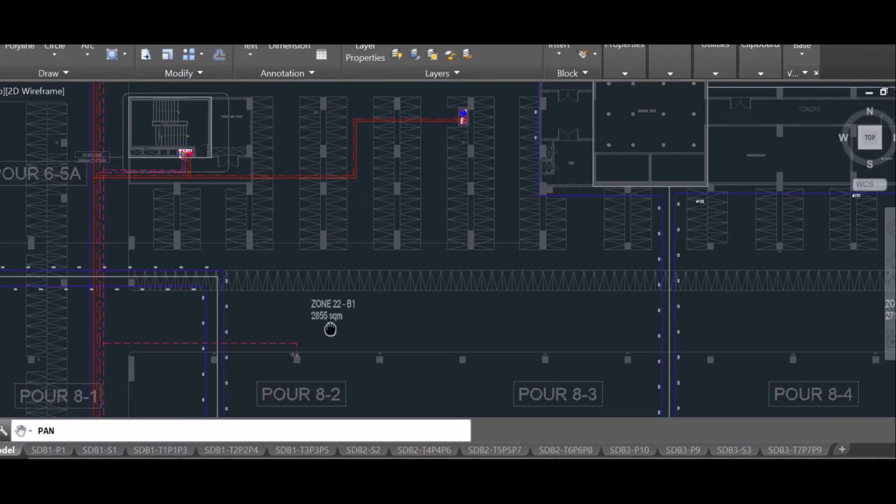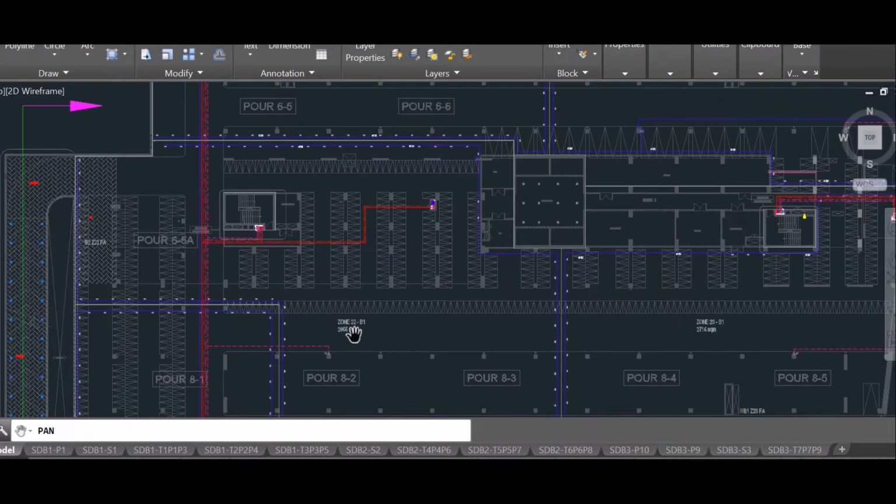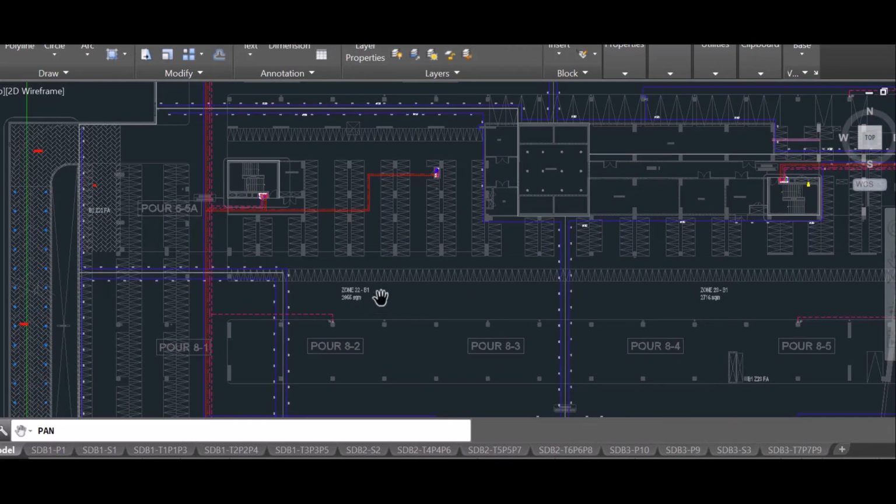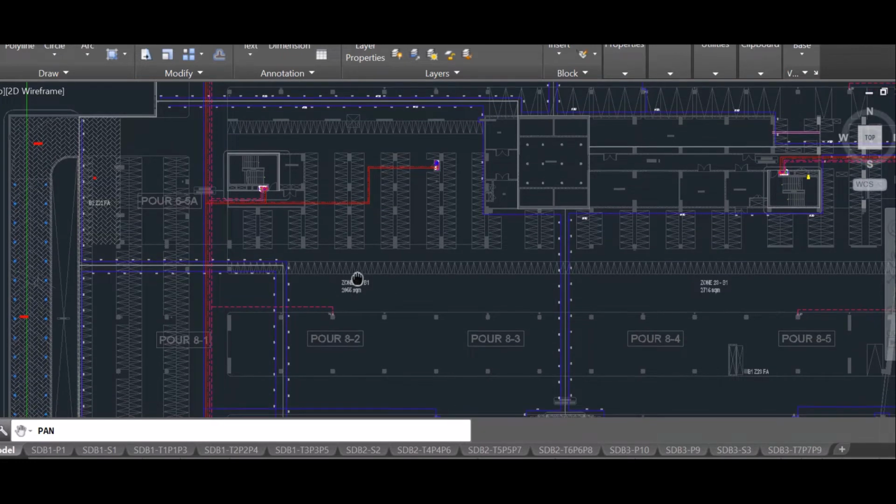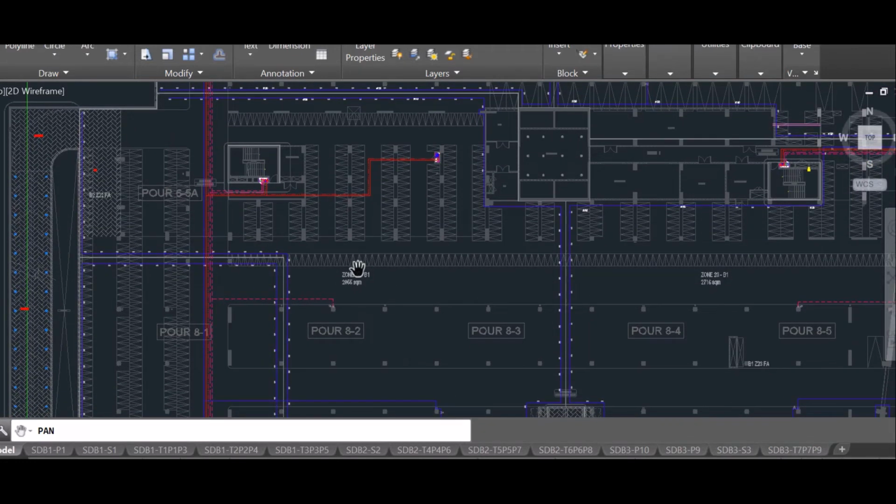That means the zone area shall be within 3000 square meters. It has to be remembered while we design the water curtain system or any other basement ventilation system.